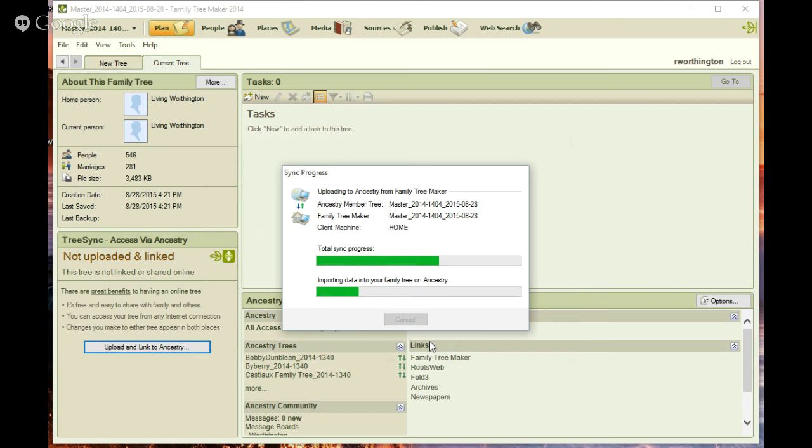So the intent of this tree is just to collect the DNA results. And I don't plan on working on this tree, so I really didn't need to sync it, but I wanted to go through this process and keep it synced for a while. I may break the link between Family Tree Maker on my computer and the Ancestry member tree. But I don't want to do that yet because there may be some advantages for me to be able to update